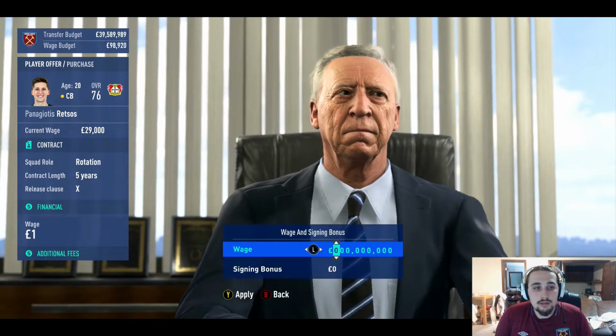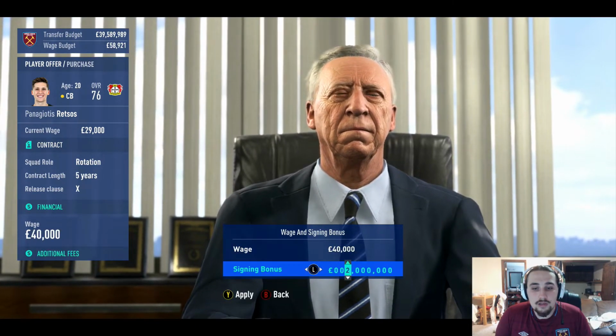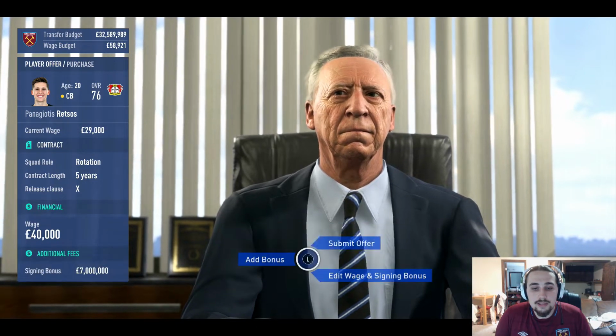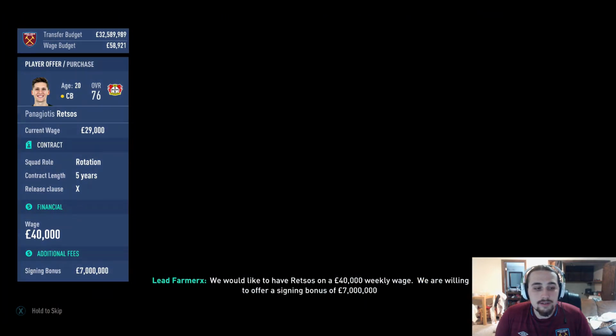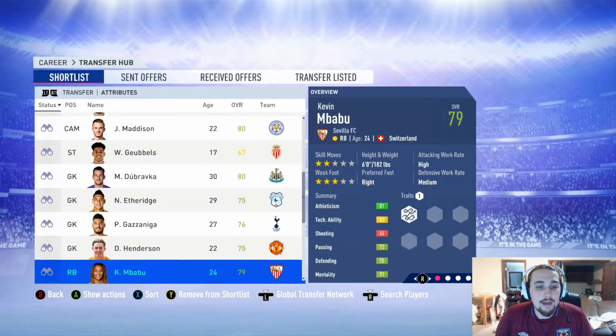And his wage currently is 30, so we'll jump up to 40. Give him a decent signing bonus. They like those signing bonuses. And that's perfect. And we bring in a center back. Now, what do we got? A right back and